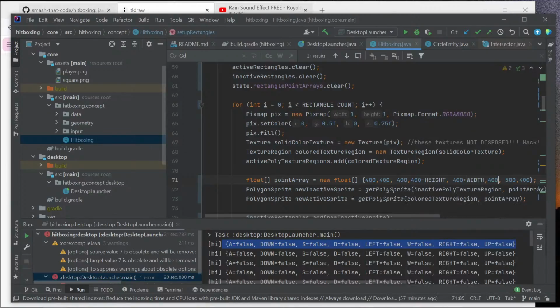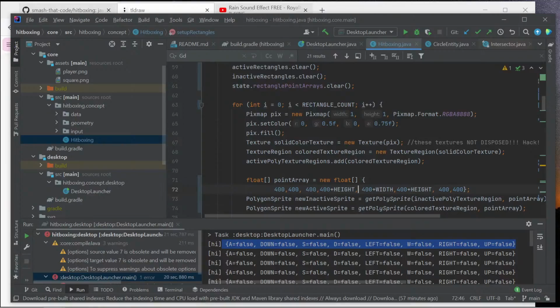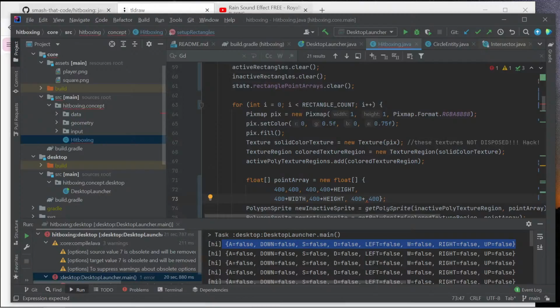And then I'm adding to my Y position this height. Then I'm moving to the bottom, lower, so I keep the same width. So it should be 400. I would say it should be like this for readability. Yep, and this should be 400 plus width. And we have the starting point. So now